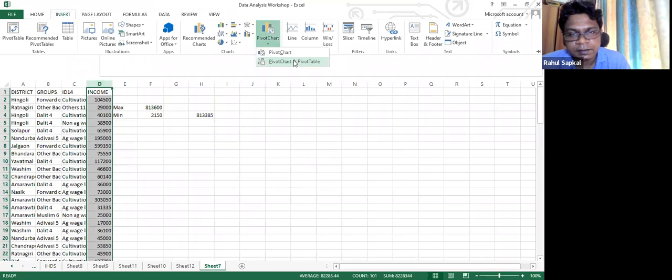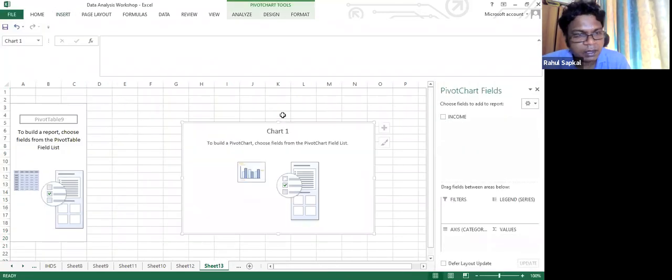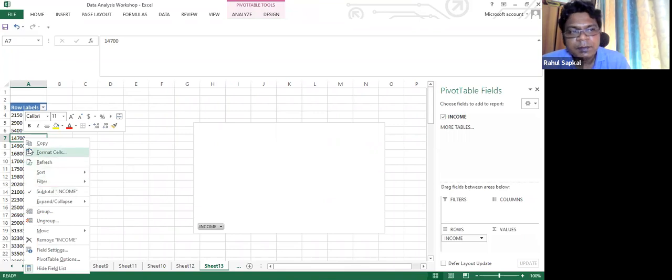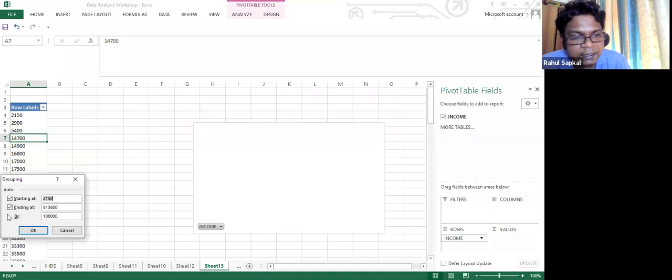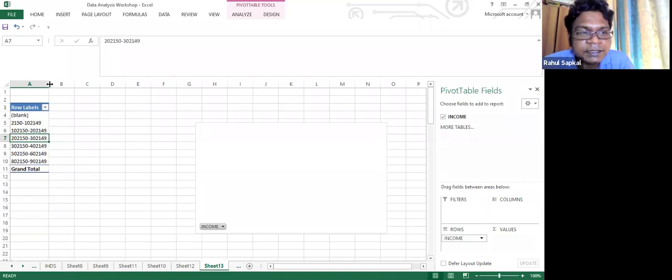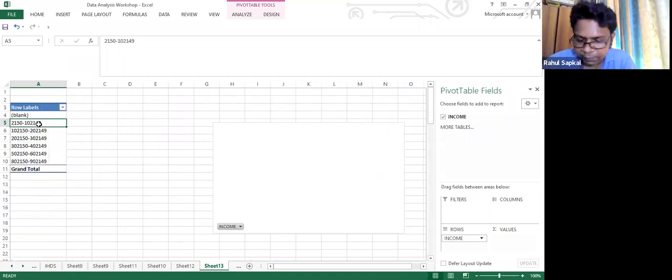One second. I'm just taking only one. So if I'm taking only the group, it will ask me to go for a group. And here the minimum value is already showing 2150, which we have already got manually also, and 8,13,000 is the maximum. So it is showing that we can have 1 lakh as a class interval, so we can form the group if you click. So this is the way the 5 class intervals could be made.